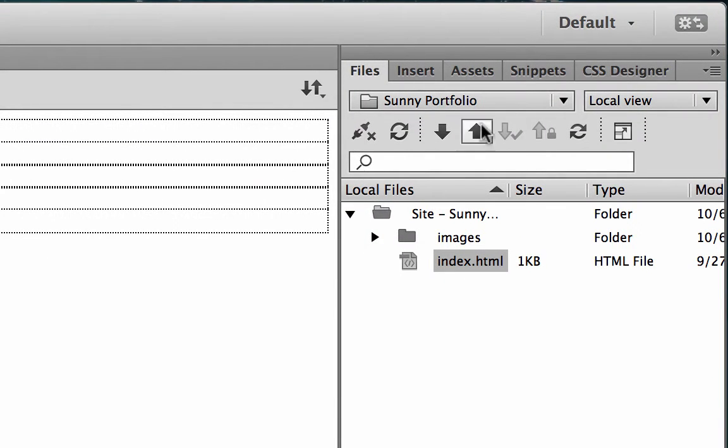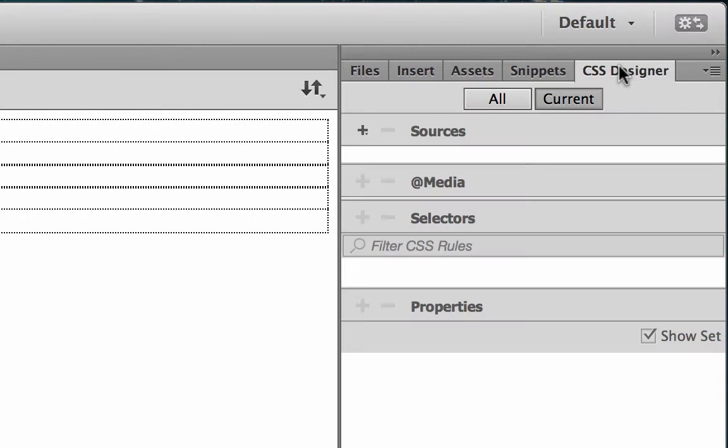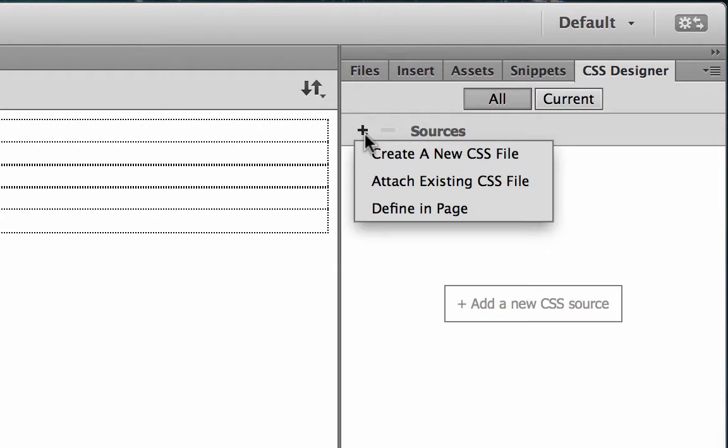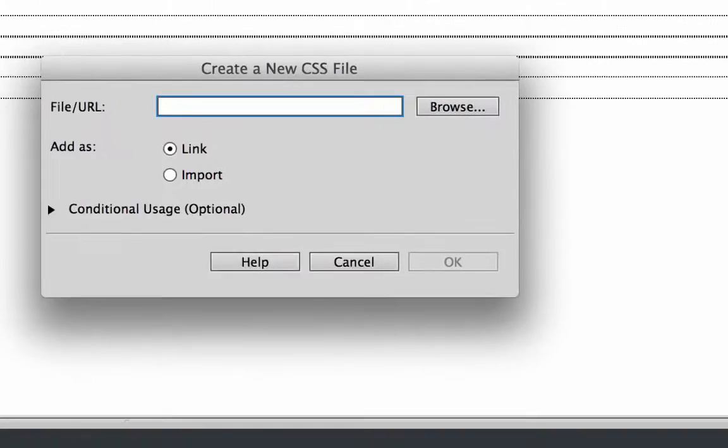In Dreamweaver, I go up to the CSS designer up on the right. The first thing I need to do is add a source for all my styles. In my case, I'm going to add an external file, a CSS file that will hold all the styles for all of my website pages. So I begin here, create a new CSS file.